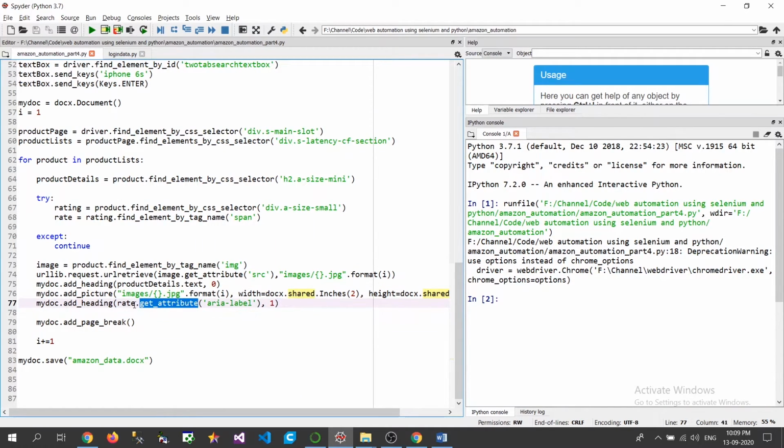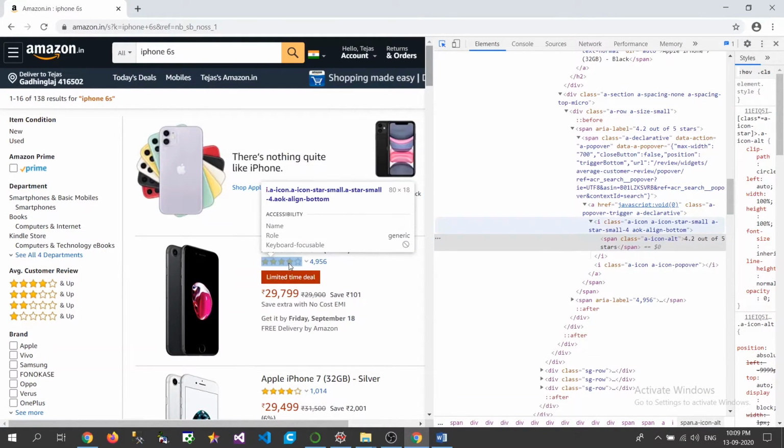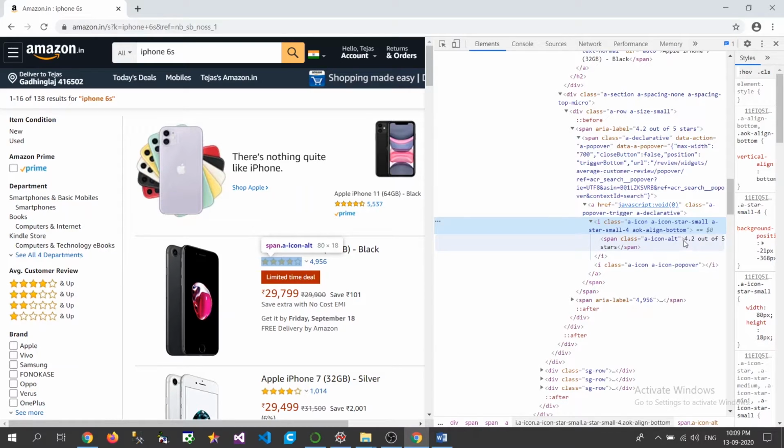Next to that we are going to add the rating detail here, and as you can see, although the rating is shown in stars, in the back end it is basically in text format only.